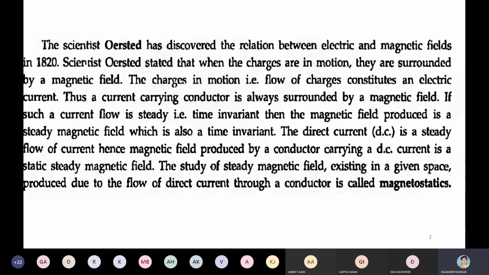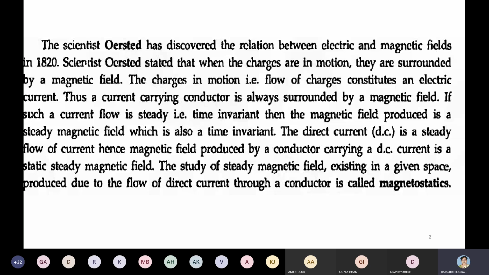This flow of current is going to create an electric field. And due to this flow of current, there is a flux which is developed in an element or the conductor which we are assuming. And due to that flux, there is a magnetic field which has been produced. And this combination of magnetic and electric field, we call magnetostatics.